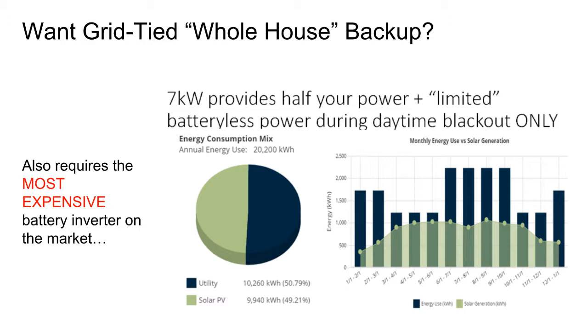And so what you're left with, if you want whole house backup and a solar array, and let's not kid ourselves, customers want whole house backup when they buy solar. In fact, most assume that's what they're getting right out of the gate. It's like, no, we can do solar to reduce your electric bill, but if you want backup power, it's going to cost a lot more money. Especially if you have no net metering policy, and the concept of day trading your electricity doesn't even make sense. You're pigeonholed into a system like the storage system where you can do about 7 kilowatts of solar, and then you have limited,